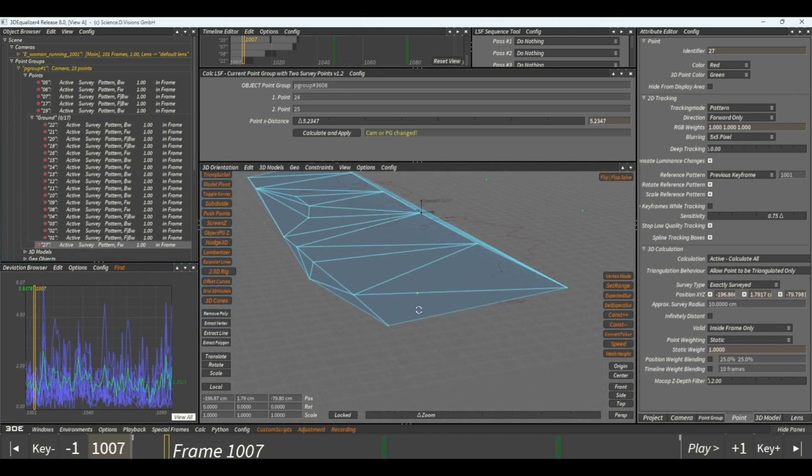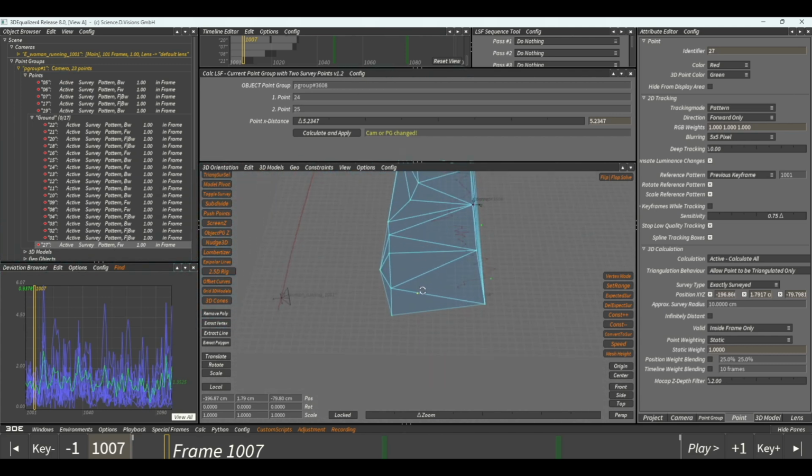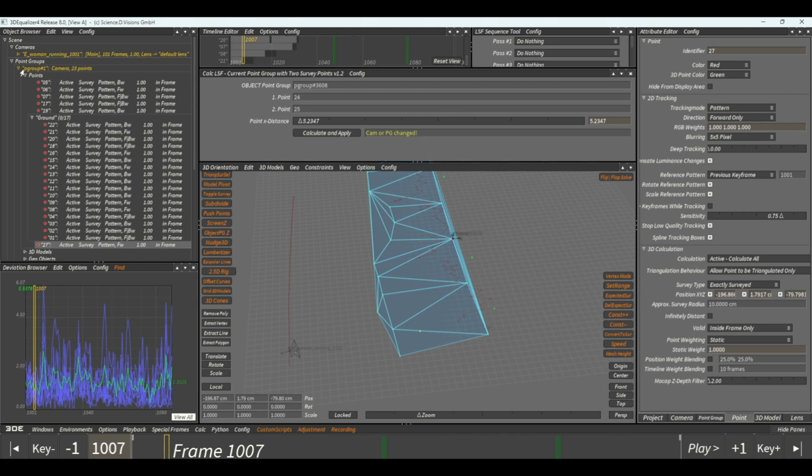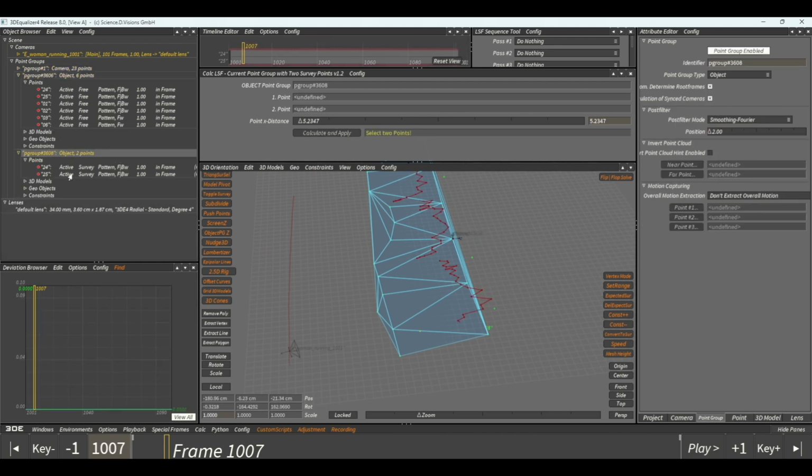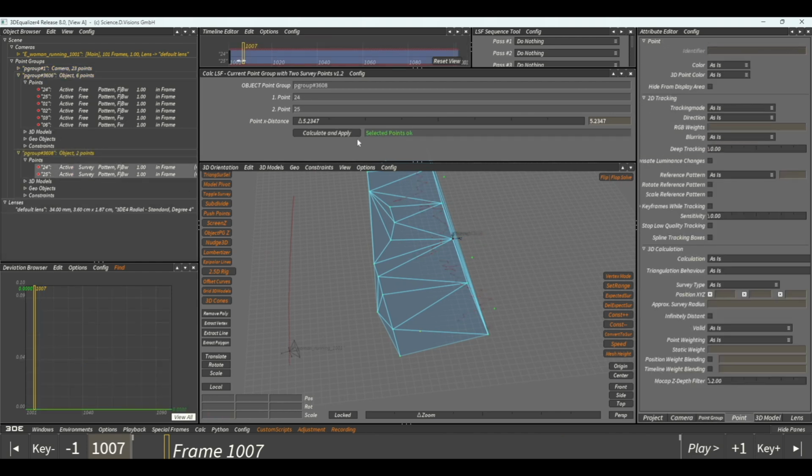So we start here, so we need the trajectory to be like here. So back to point group, and now we can find the best distance for us. So let's say something like that,